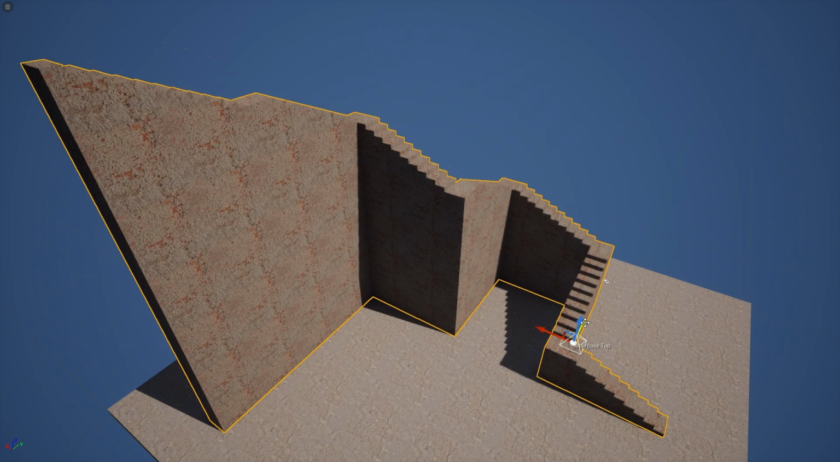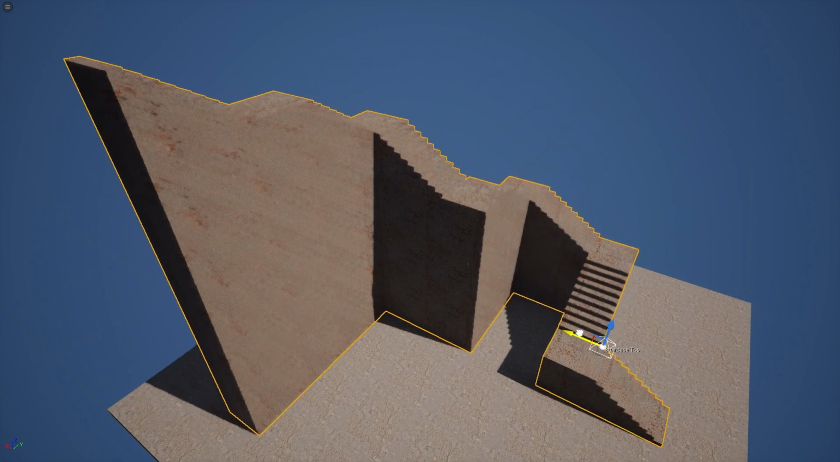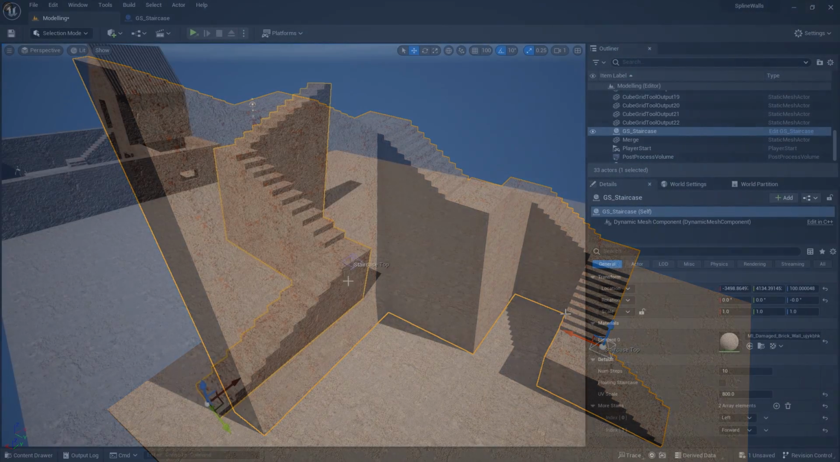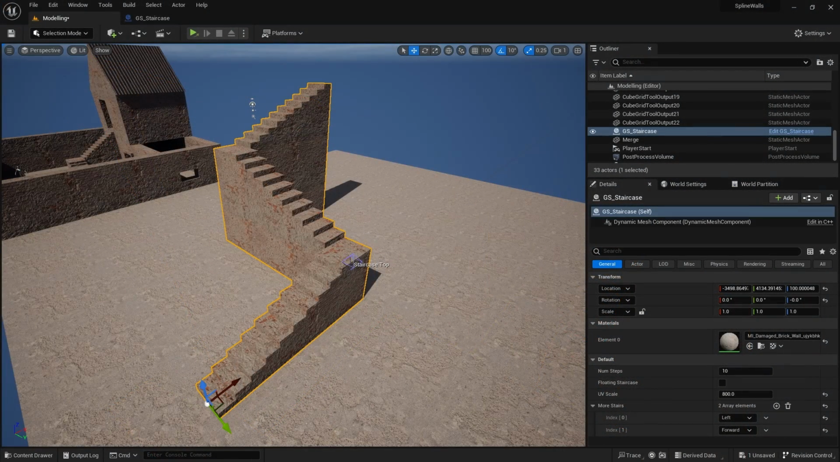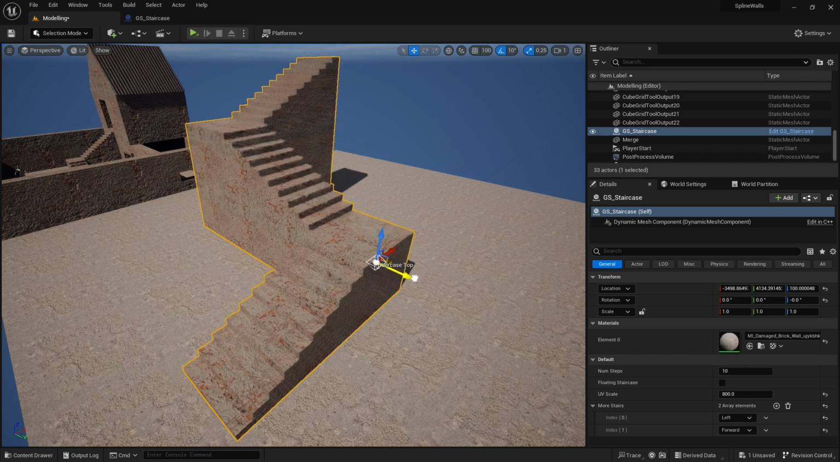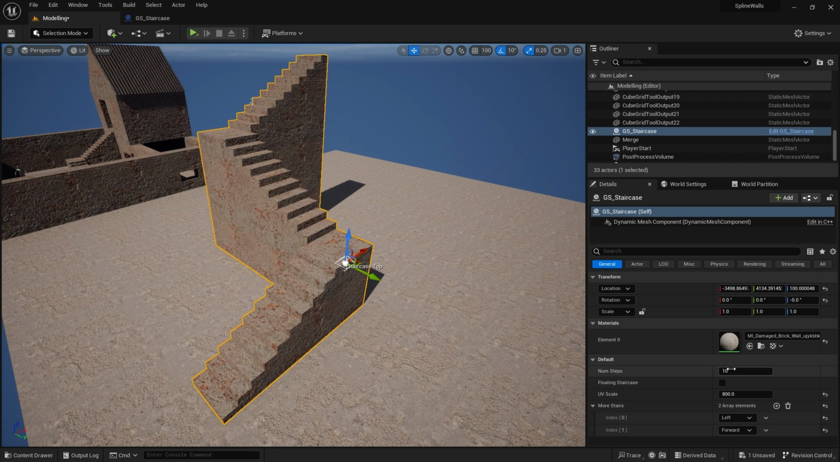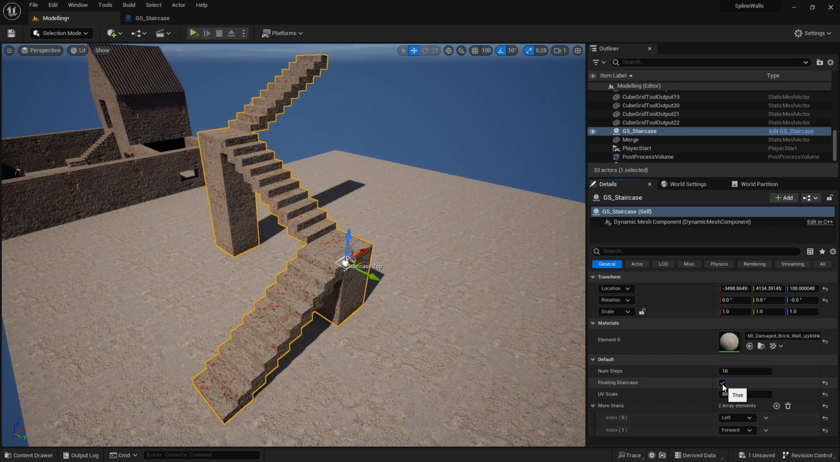In today's tutorial I'll be showing you how to create this modular procedural staircase using Geometry Script. You will have this user widget that you can use to control things like the height, the width of the staircase, the length of each staircase. You'll be able to change the steps per staircase, have the option between regular solid staircases and floating staircases, and